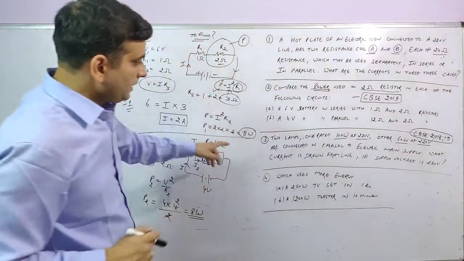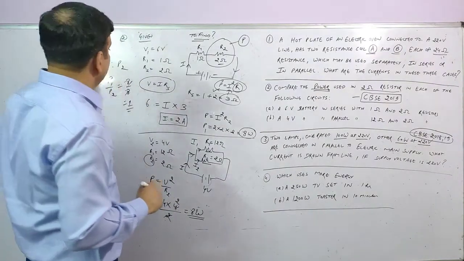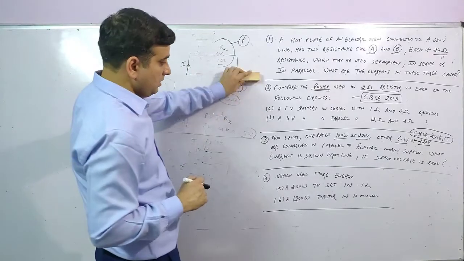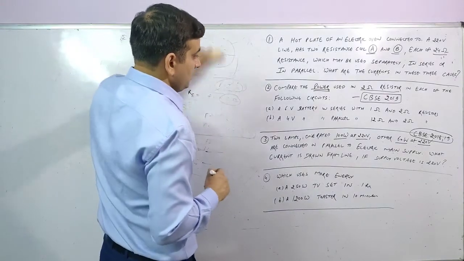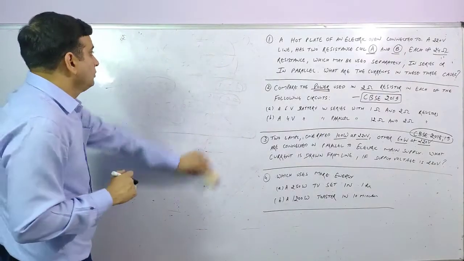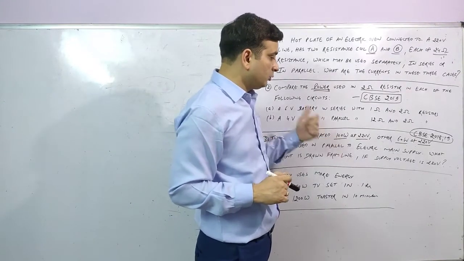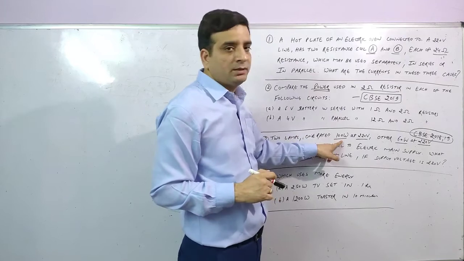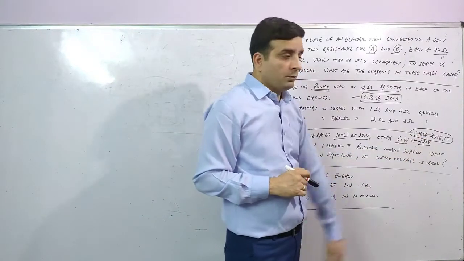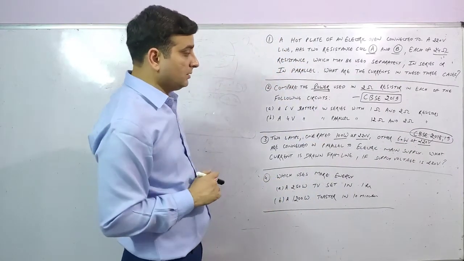So next is numerical number 3. So in numerical number 3, what is given? There are two lamps, one rated 100 watt, second rated 60 watt, and their potential difference value is also given. So two lamps, one rated 100 watt, दो बल्ब है हमारे पास, लैंप है, एक की पावर कितनी 100 वाट और पोटेंशियल कितनी चाहिए 220 वोल्ट. Other is 60 watt and the potential is 220 volt, are connected in parallel to electric main supply.